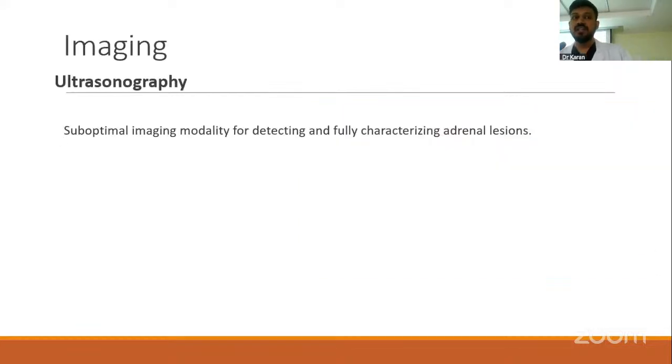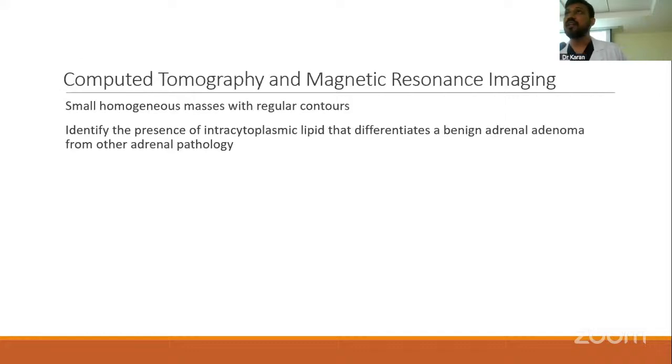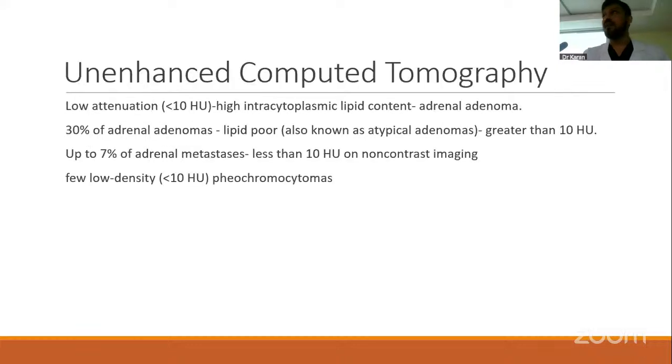For imaging of adrenal incidentalomas, ultrasound is a suboptimal imaging. Therefore, we get CT and MRI. They identify the presence of intracytoplasmic lipid content that differentiates it from benign adenoma. Unenhanced CT scan is done. In unenhanced CT scan, adrenal adenoma shows low attenuation value, less than 10 Hounsfield units, because of its high intracytoplasmic